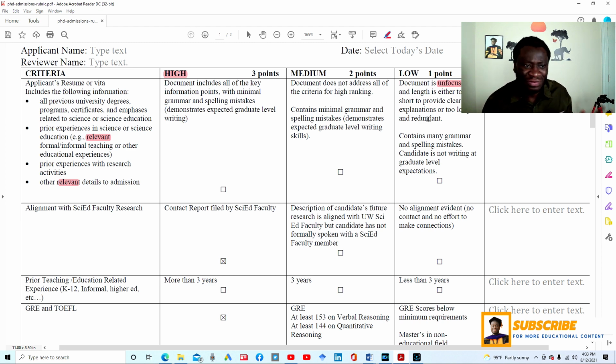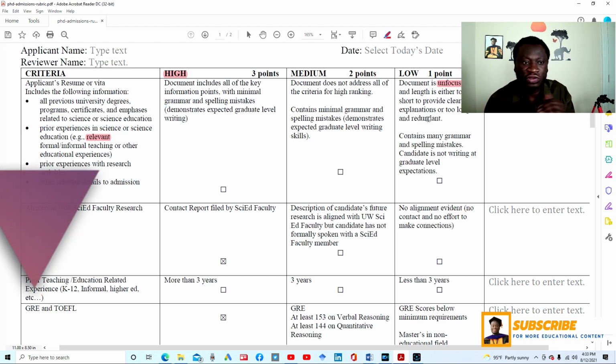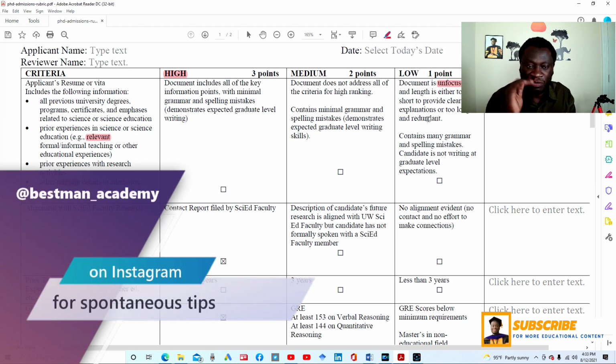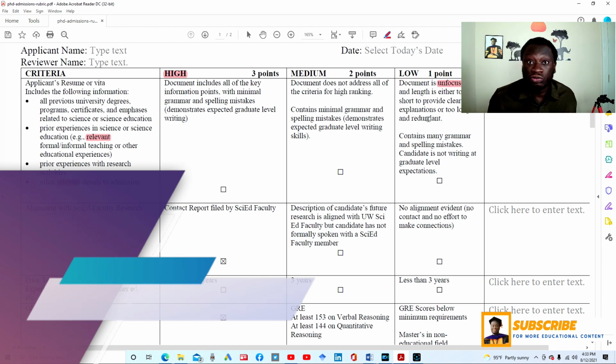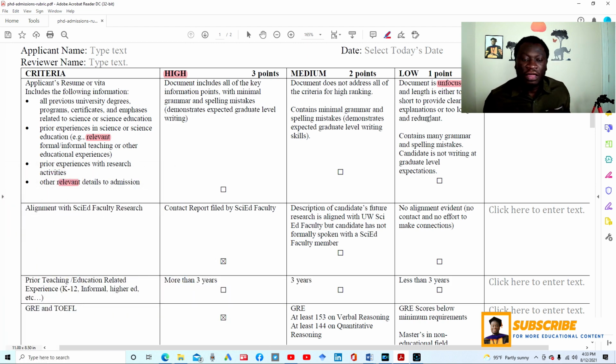So it's clear and straightforward. You can arrange your stuff based off of some of the headings that I have there. But there is no one size fits all approach to how you write a CV for academia. You just have to make sure that it contains relevant information according to what you have seen in this rubric, and also make sure it doesn't have a lot of grammar mistakes and it's neat enough and clear so that they can easily understand